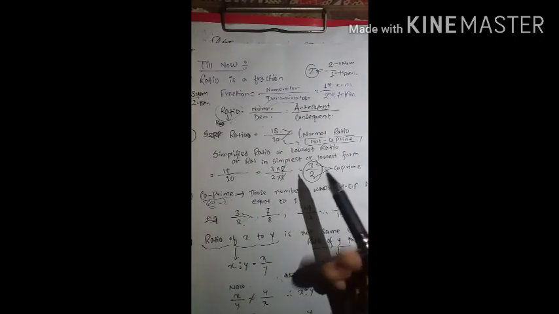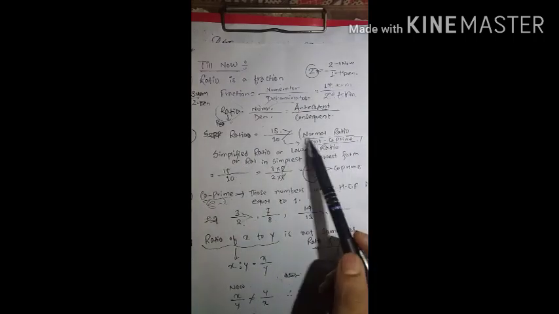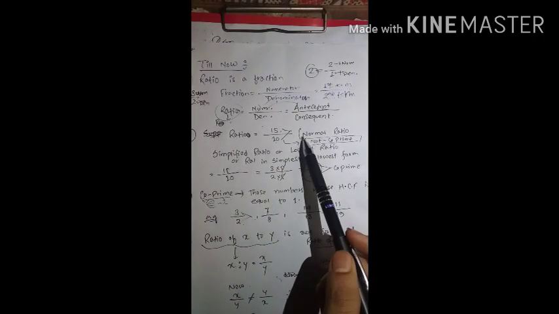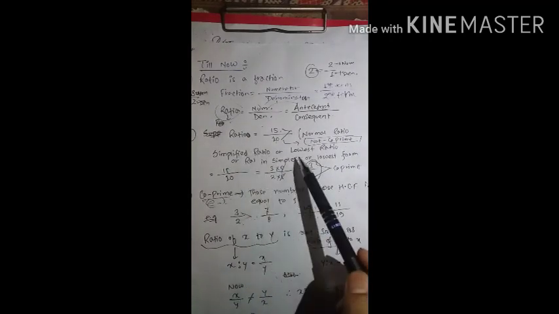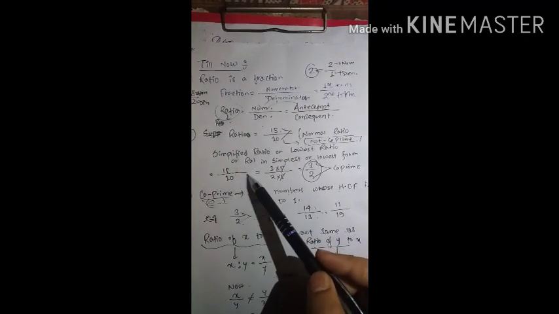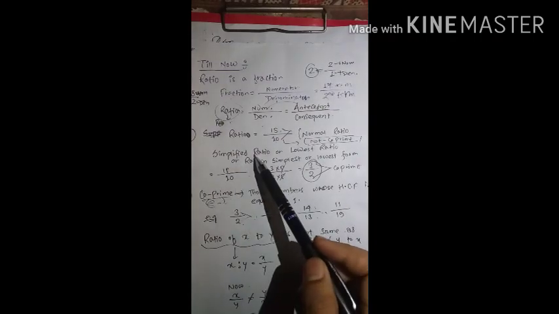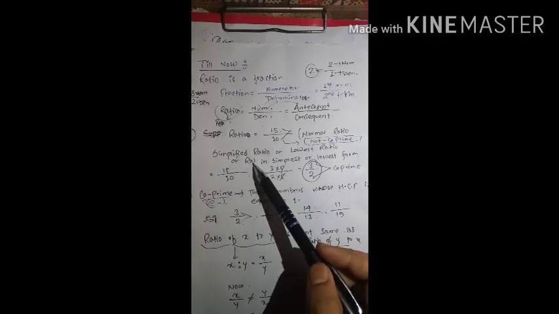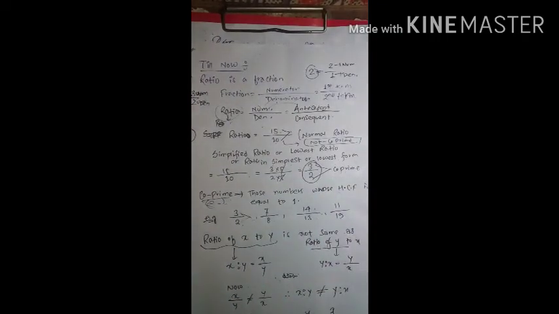Now what we have studied till now is a normal ratio. That means they are not co-primes. In the previous example we have studied about the simplified ratio. That means in the simplified ratio, the HCF of antecedent and consequent is equal to 1. The other name of simplified ratio is ratio in simplest or lowest form.